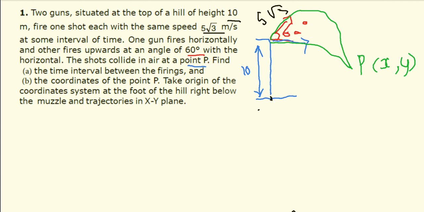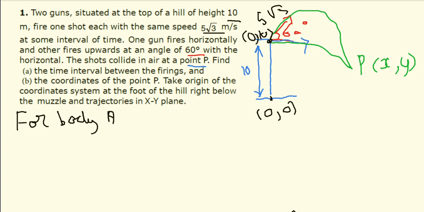So if I take this as a coordinate axis, the bottom here will be the coordinate 0,0. Initially, the x coordinate is 0, and on the y axis the height is given as 10, or it will be equal to positive 10. Okay, if I write down the equation of the first body which is thrown at 60 degree, let that body be A.